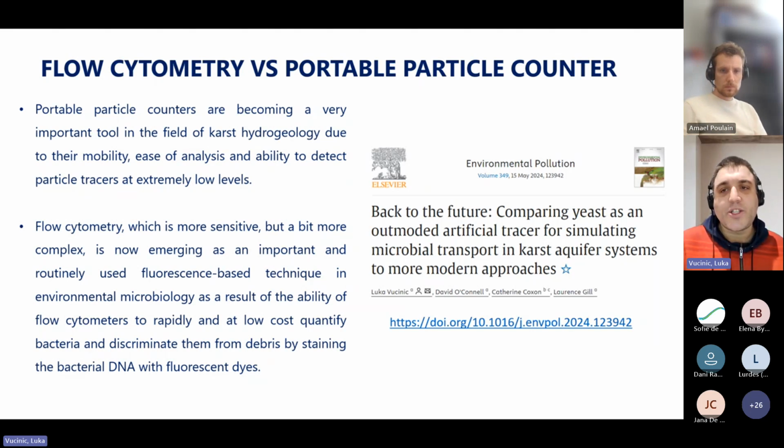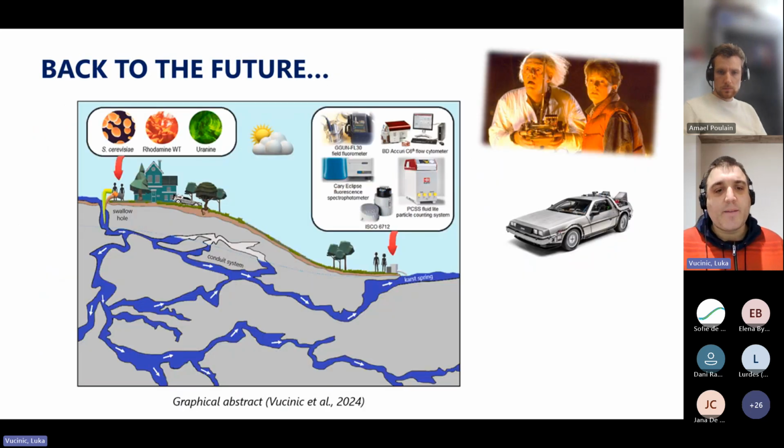So on the right side is one of the recent papers that are looking into this. This has been published this year, so this is just for you to look at as a reference if you're interested to find out more about it. This is a graphical abstract, and again, as you can see, another film reference, Back to the Future, and the DeLorean. It's hidden over there in the graphical abstract as well in front of the house. So obviously, I like these kinds of things, and we used a combination of yeast with